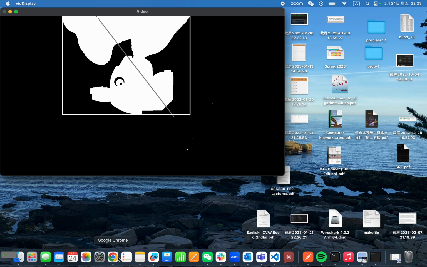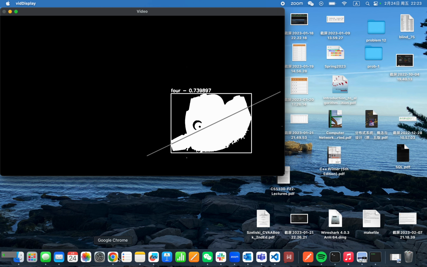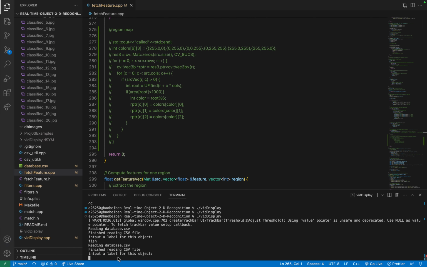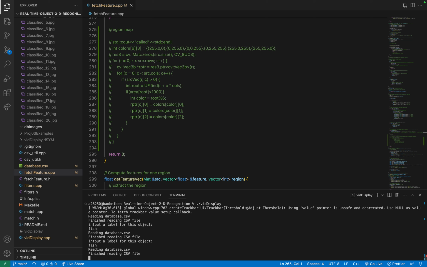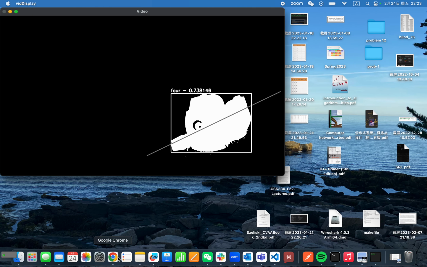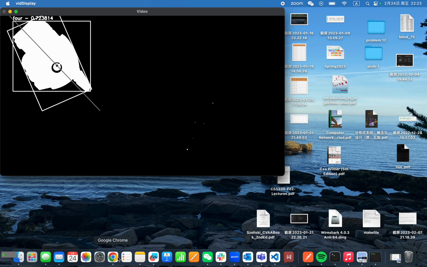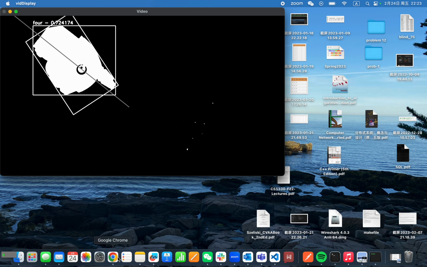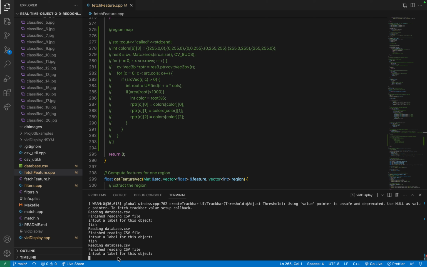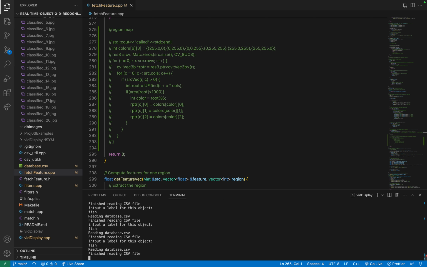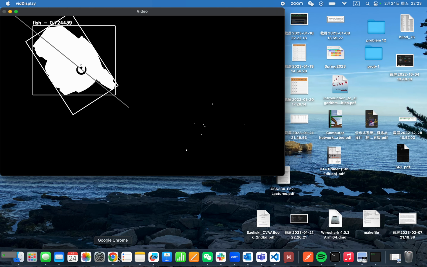So I will move it a little bit to here and try to save this as new data, and I will say fish, and then I will change it to a little bit here and rotate a little bit here, and also try to save this fish, and they are all saved to the